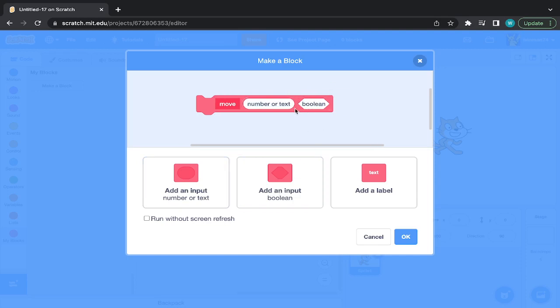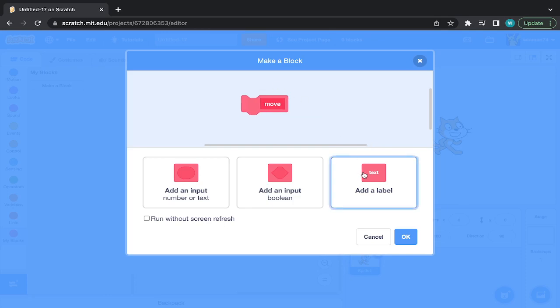Now you need to make sure that you do not name these the same things. If you name two of these the same thing, it'll mess it up because Scratch won't know which one you're talking about. I'm just going to name it A, B, C, and D. Oh yeah, by the way, another thing is